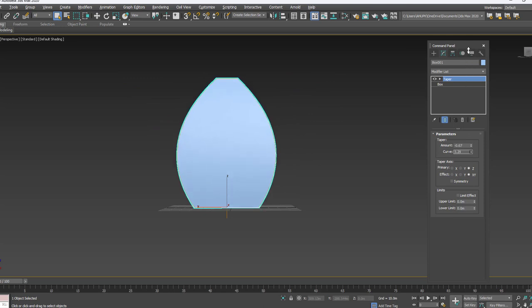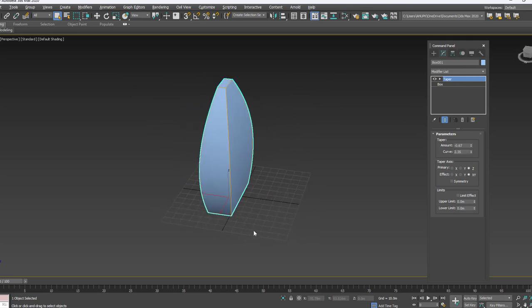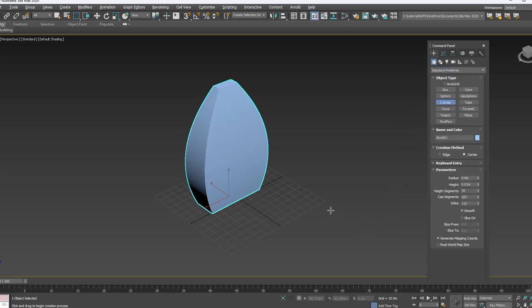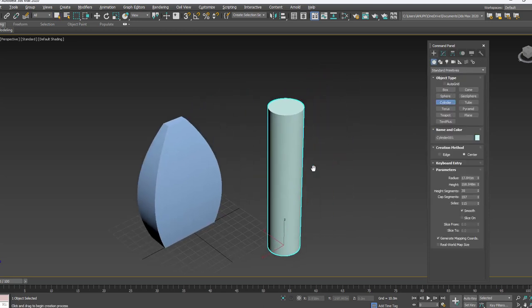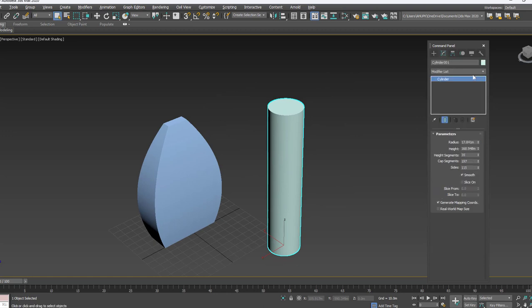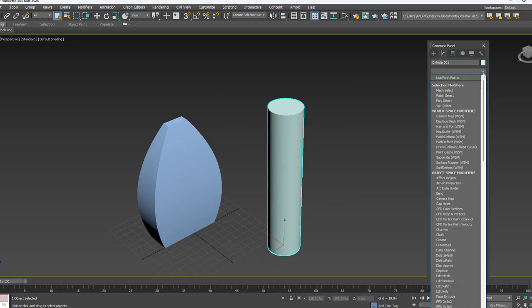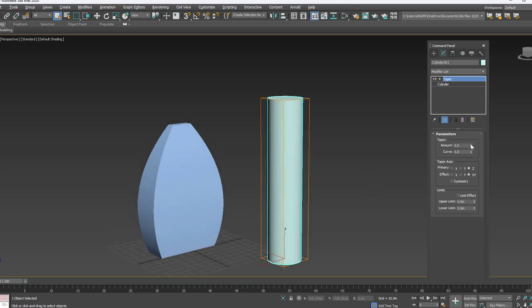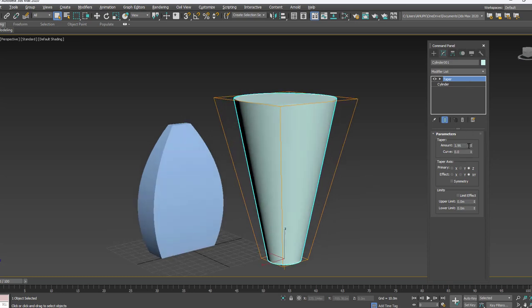Curves you can have. You can change the shape into different ones. I go with cylinder now and apply the same thing from the modifier list, that is taper. Change the amount this way.